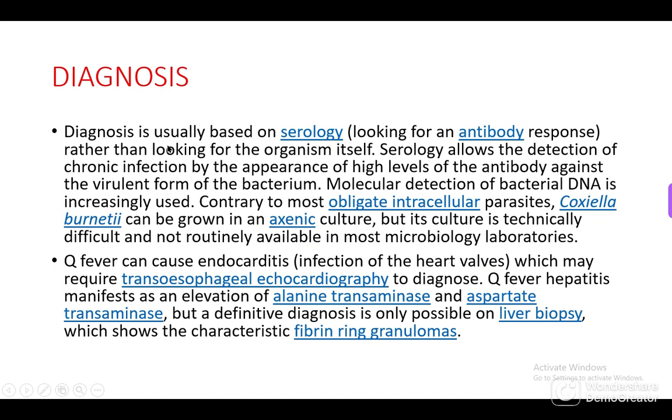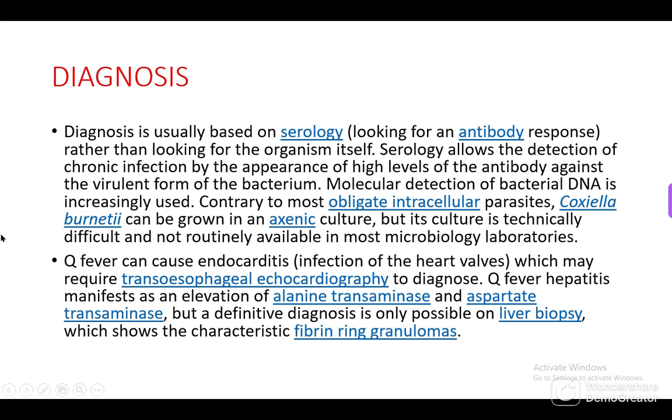Diagnosis now depends upon serology. Antibody response, ELISA for example, or some agglutination tests can be done. Serology allows the detection of the chronic infection by the appearance of high levels of the antibody against the virulent form of the bacterium. The molecular detection of the bacterial DNA is increasingly used because of the availability of the polymerase chain reaction,